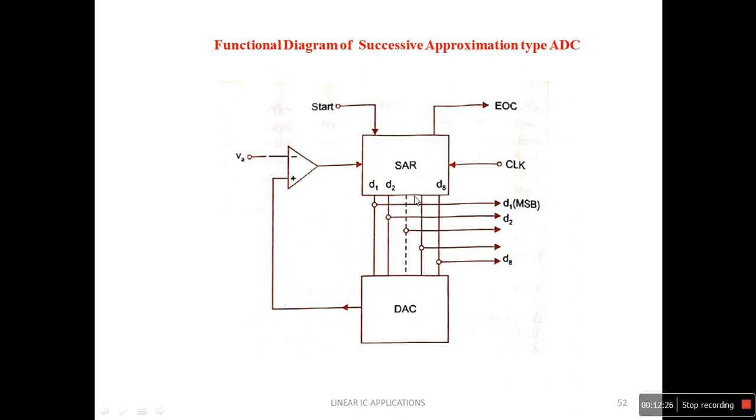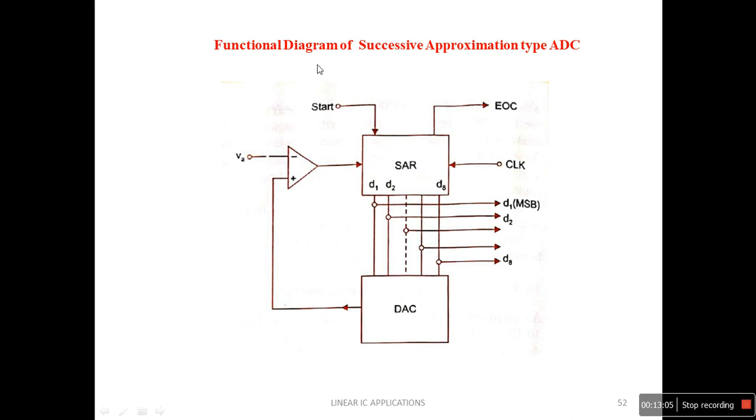Now for example, assume that I am having a 3-bit, here actually it is 8-bit, but just for example assume that it is a 3-bit successive approximation converter. Then we are having a 3-bit SAR register. If the input voltage is greater than the output of the DAC, it sets the next bit. If it is less than the output of the DAC, the already set bit is going to reset and the next one will be set. For example, if Vin equals 3, what is actually the SAR initially?